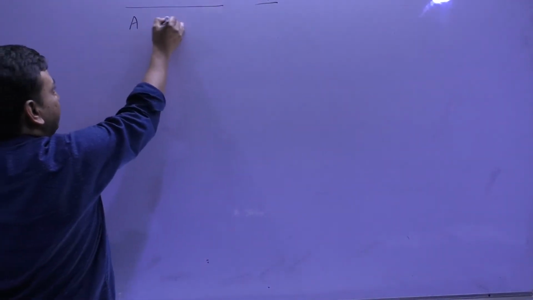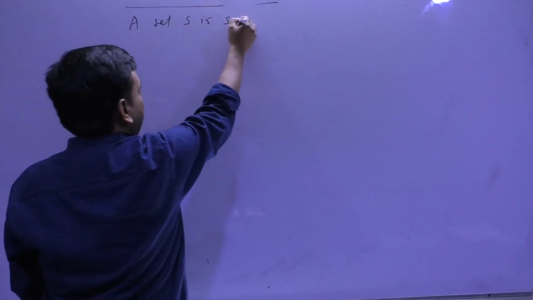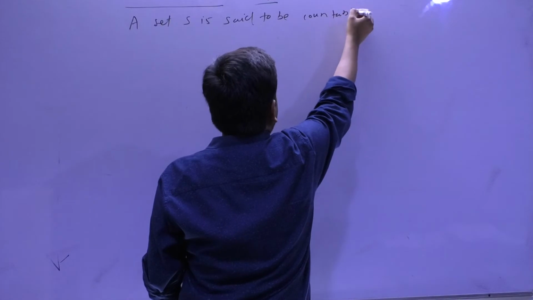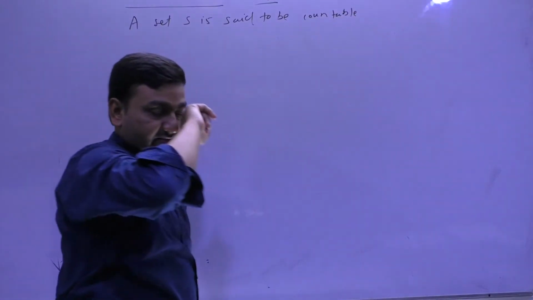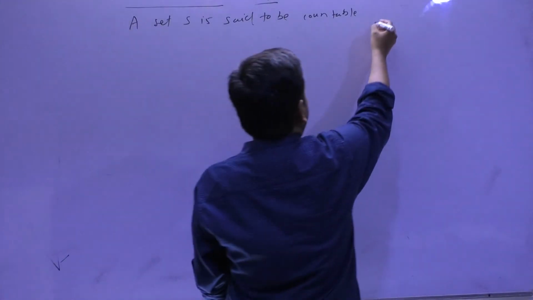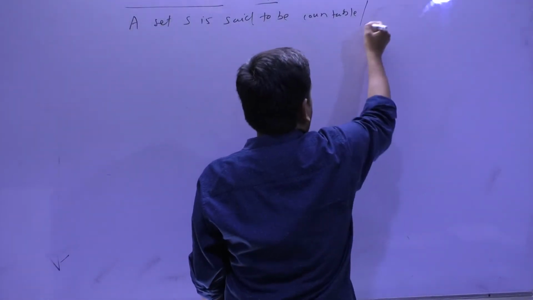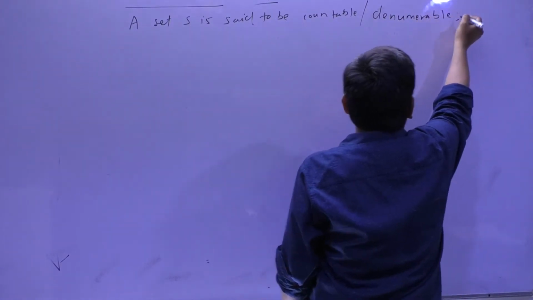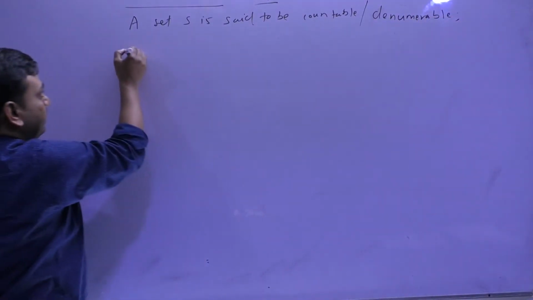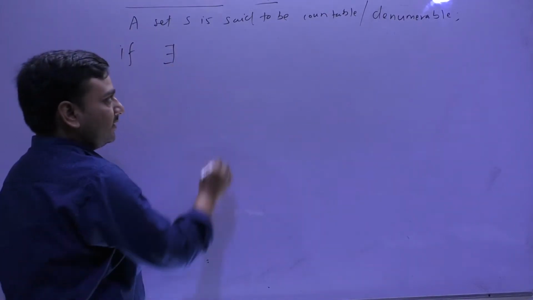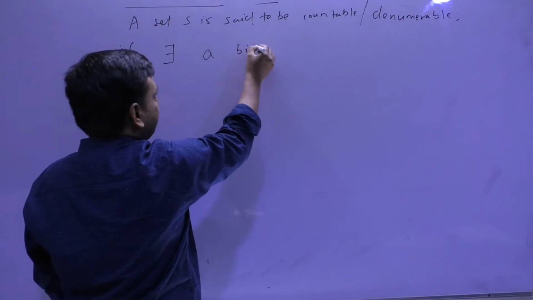A set S is said to be countable, or the other word we use, denumerable, if there exists a bijection,